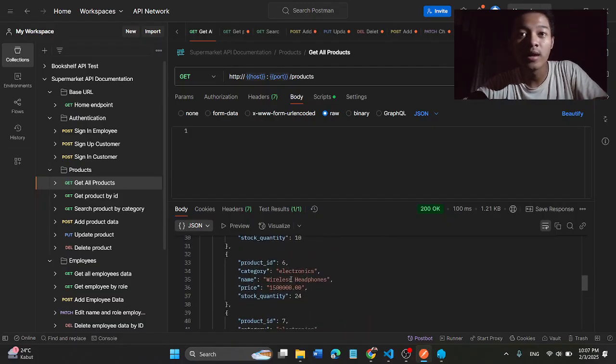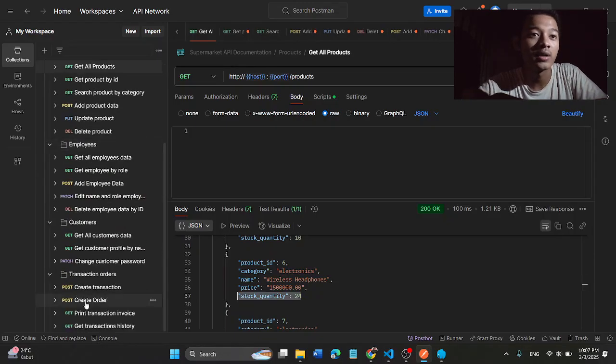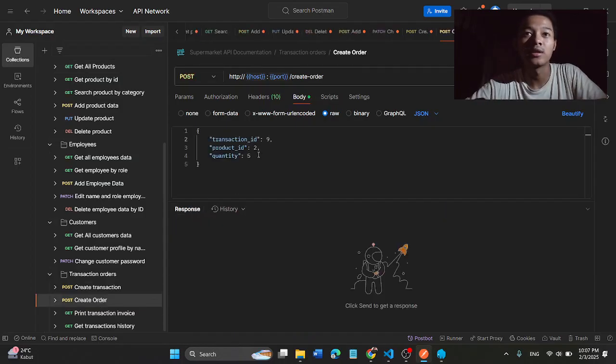Maybe I will buy some electronic stuff with the product ID 6. The name of the product is wireless headphones. But let's see here, the stock quantity available is 24. What will happen if we order, but the order quantity is higher than the stock available?